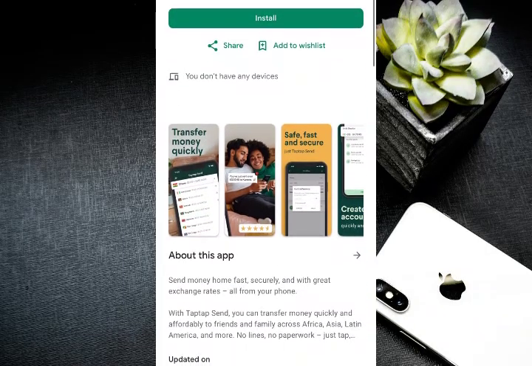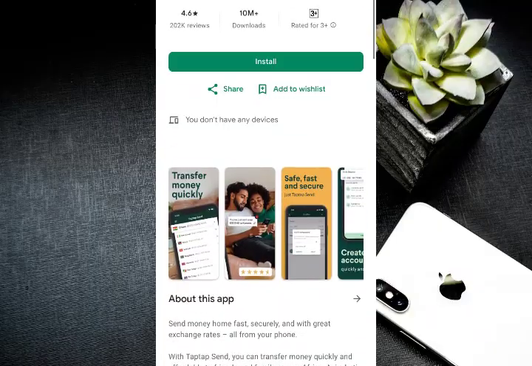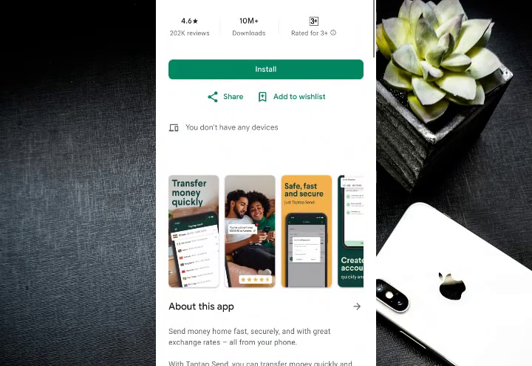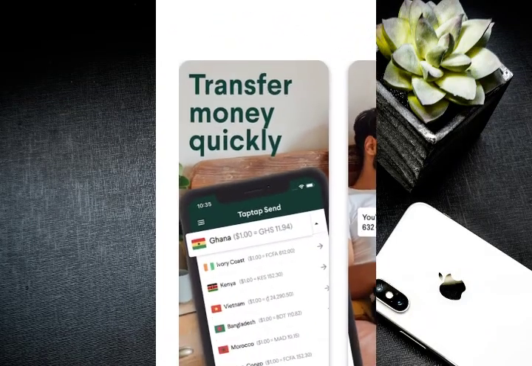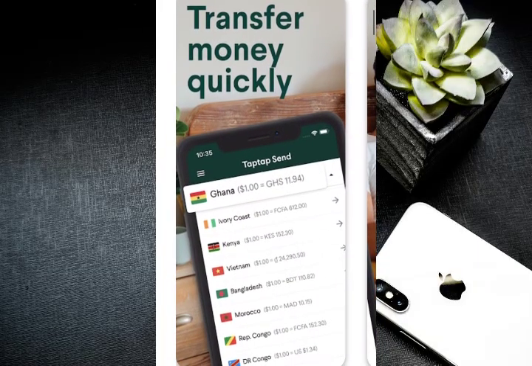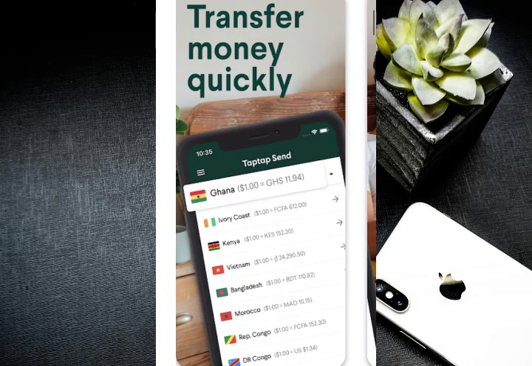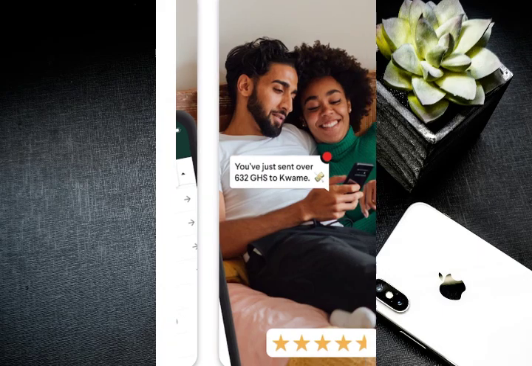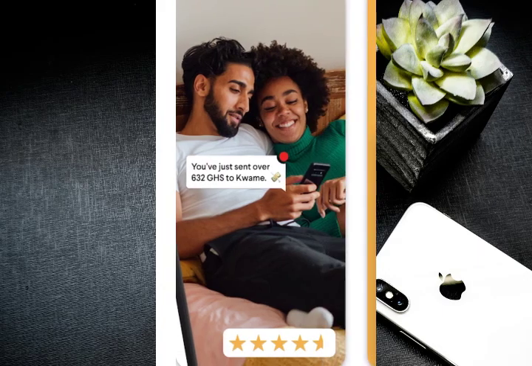So the first thing to do is to launch the app on your phone, then sign into your Taptap Send account. Then from there, go to the profile, then tap your profile icon in the top right corner and open the help or support. Scroll down and select help or contact support, then choose the chat or the email option